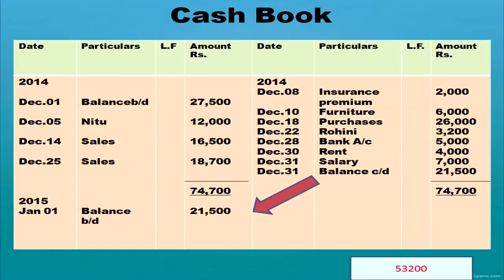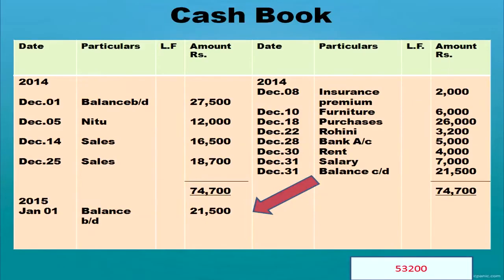You have to write the biggest total on both sides, that is 74,700. You have to write the total. Then balance the two sides: on the credit side you now have 53,200, on the debit side you have 74,700. So, the difference will come to 21,500, that you have to write on the side where there is shortage. Usually, a simple cash book will have the shortage only on the credit side.